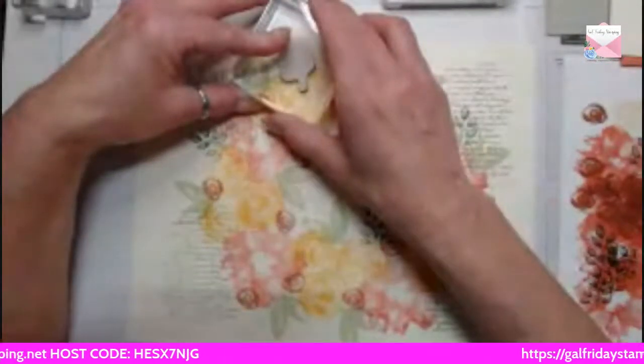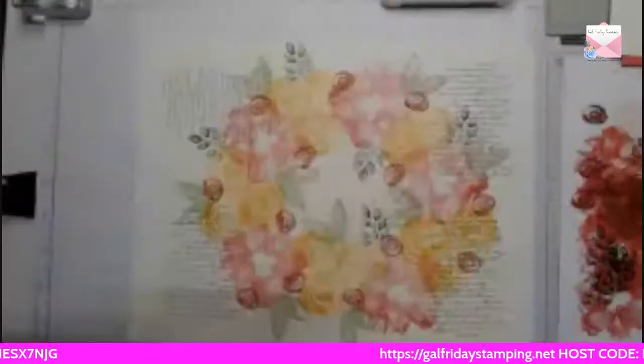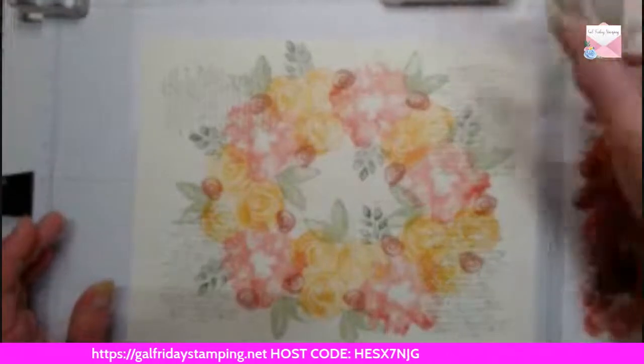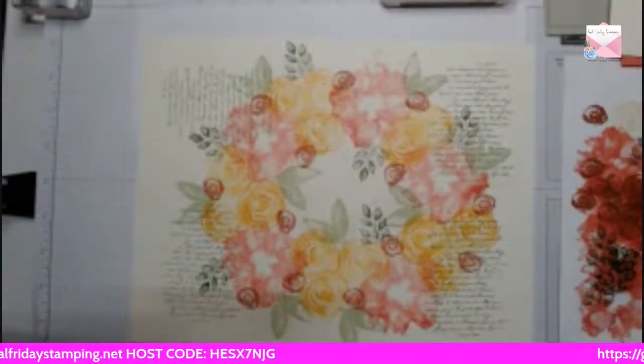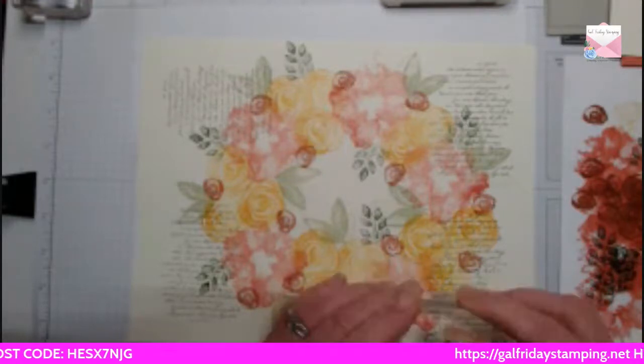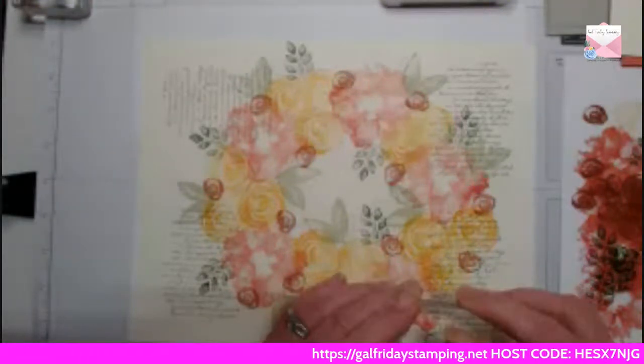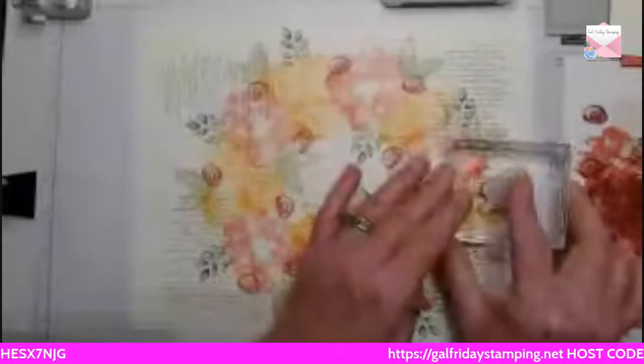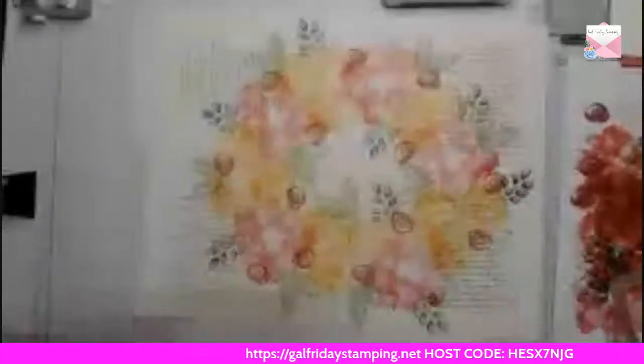So you can overlap these flowers. Let's put one right here. And we're just going to put them around all randomly. No rhyme or reason. And I think I'll add one right here. Okay. So now we have the base of,